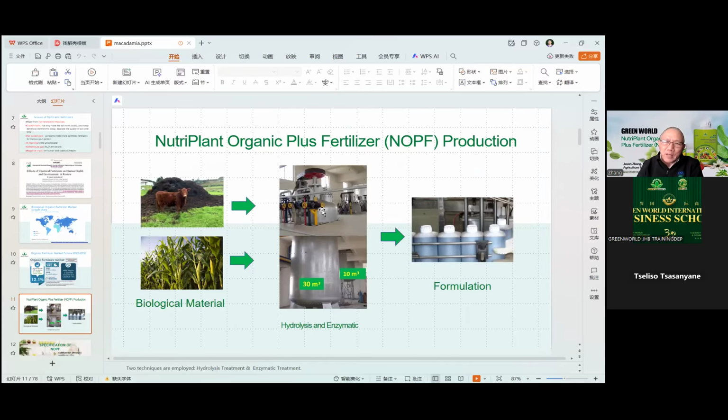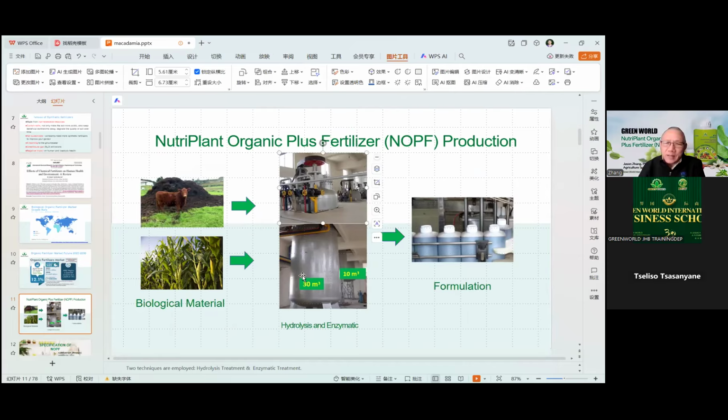This is two pictures combined together. The top is what you will see if you go to the second floor, the top of the fermentation tank. This is a tank of 30 cubic meters, or smaller ones. After this fermentation, it's a digestion system